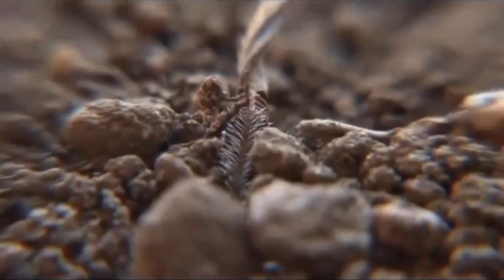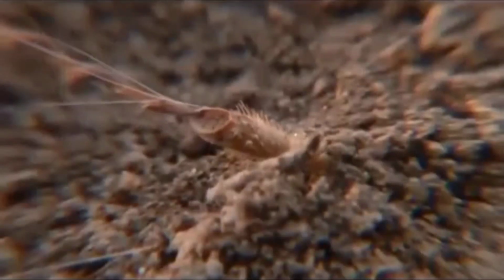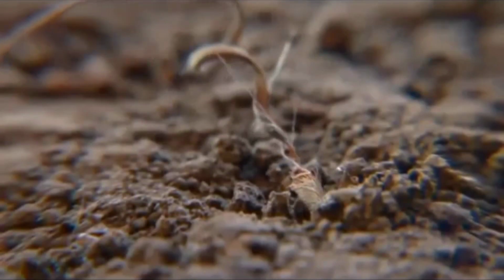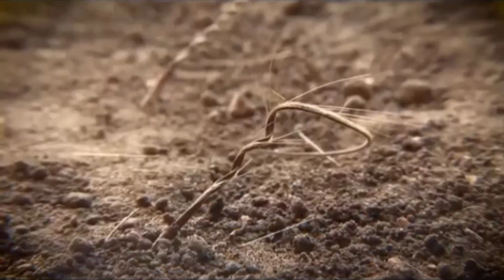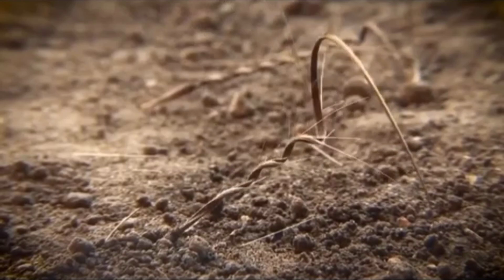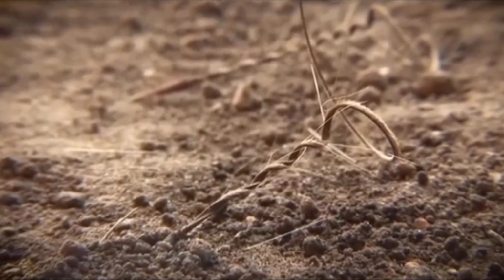However, as moisture levels increase, such as during rainfall or irrigation, a fascinating transformation takes place. As the awn begins to unwind, its twisting tail connects with the ground and causes the seed carrier to push itself upright. Then, as it continues to unwind, it creates torque to drill down into the soil and bury the